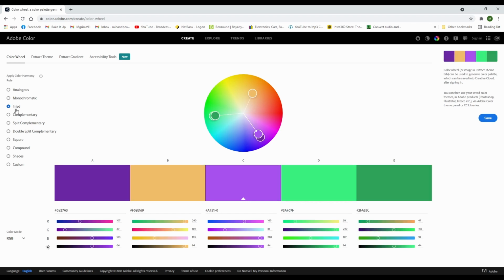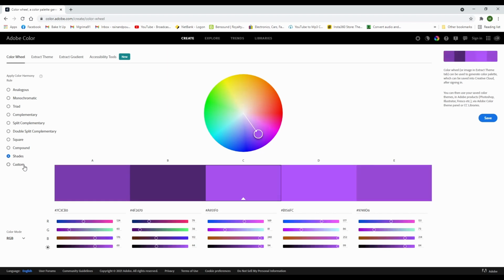We can do a triad relationship where it's going to pick 3 complementing or contrasting colors. Complementary colors, opposites on the color wheel. We can do split complementary, double split complementary, so you've got a whole heap of options here. Square rule, compound rule, shades, so all variations of the one color, and custom. So let's go to analogous for this demonstration,